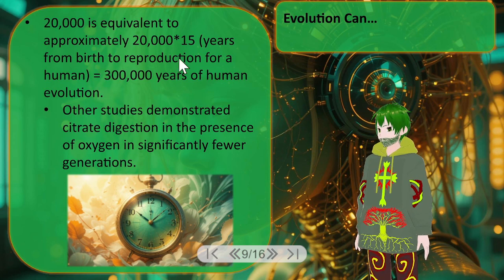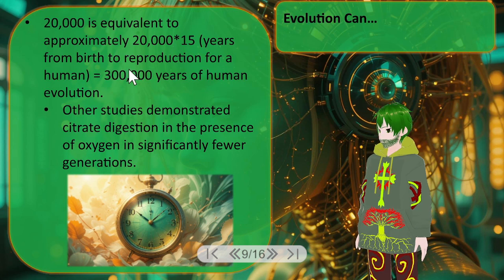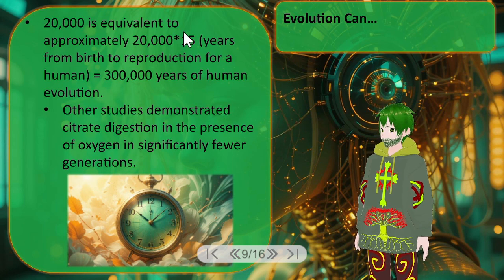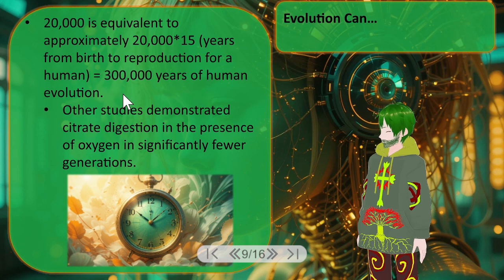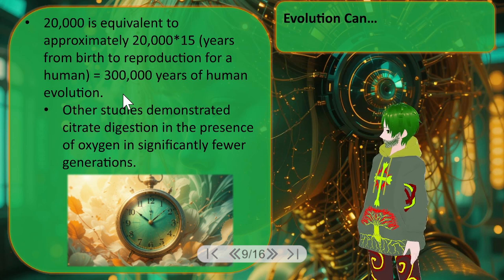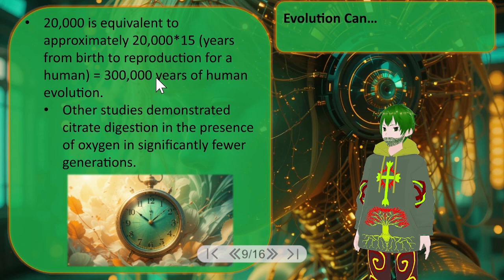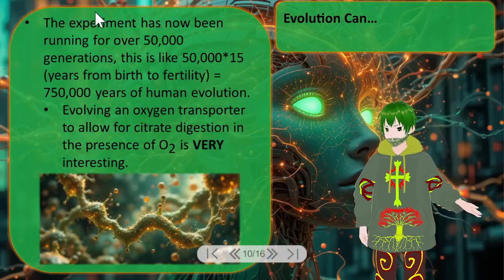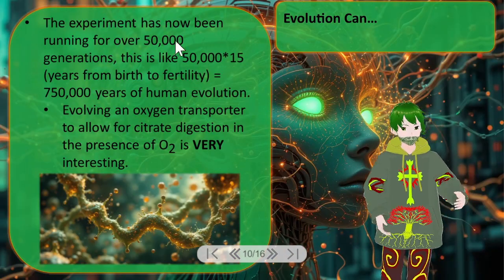Can evolution change things? In 20,000 generations, yes, it can definitely change one protein to deal with oxygen. Can it write an integrated system that gives rise to something like the prefrontal cortex in 300,000 years? That's a very different question. That's a very different issue that we're talking about.